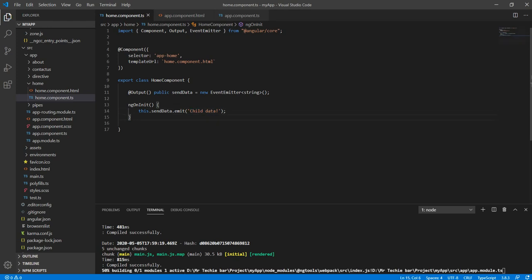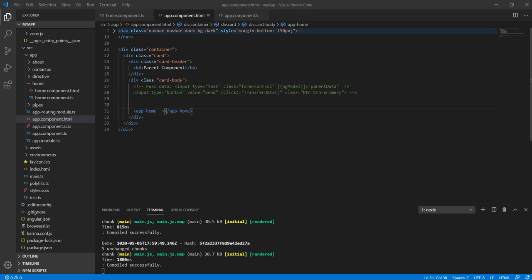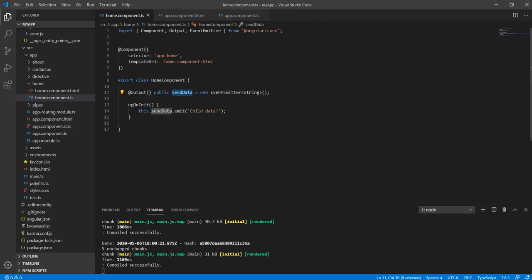So from the child component we just need to do these two things. Later, in your parent component where you have called your child component using the selector, you just have to use the property sendData, which we declared in the child component, with the same name.